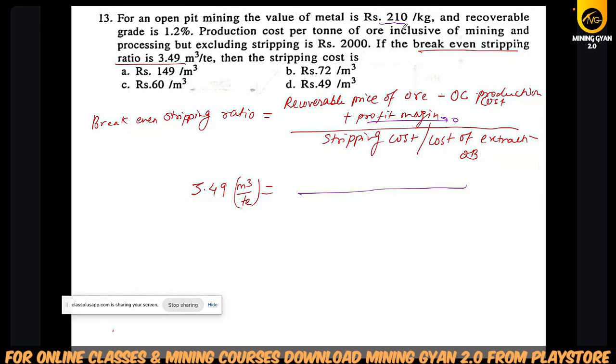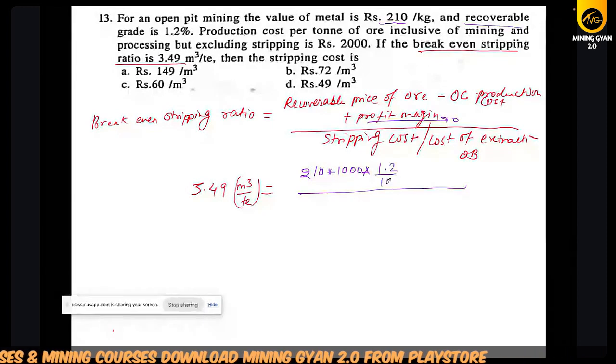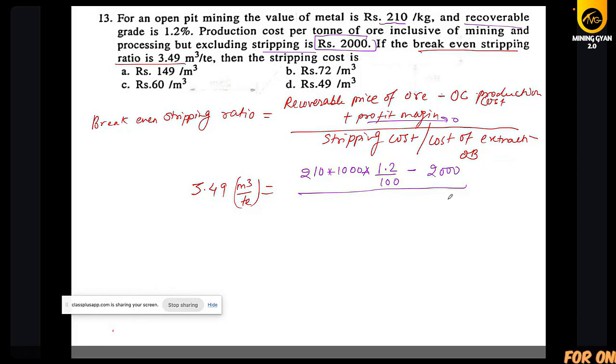In open pit mining, the value of the metal is 210 per kg. If we convert to ton, it will be 210 multiplied by 1000. The recoverable grade is 1.2%, means 1.2 divided by 100. Then minus open cast production cost. The production cost per ton inclusive of mining and processing but excluding the stripping ratio is 2000. Then plus 0 divided by the